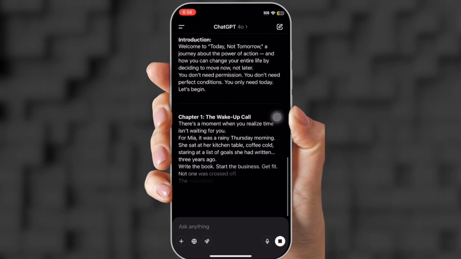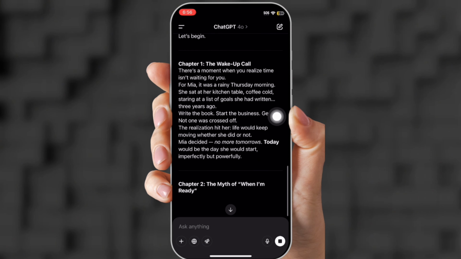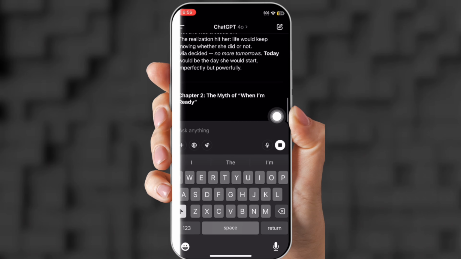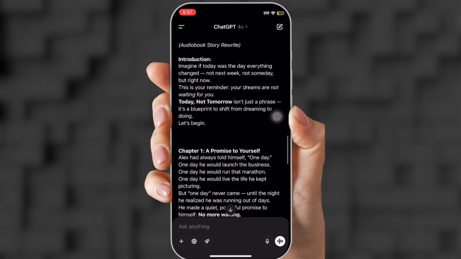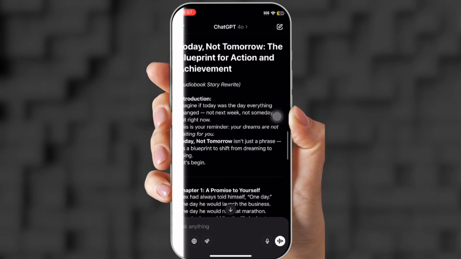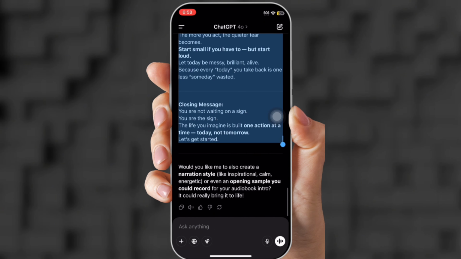Now it says, today, not tomorrow, for improvement. And it gives me chapter 1. It gives me chapter 2. It gives me all the chapters. It even gives me a closing. So what you're going to do is copy the whole story, even the title, and we're going to take it